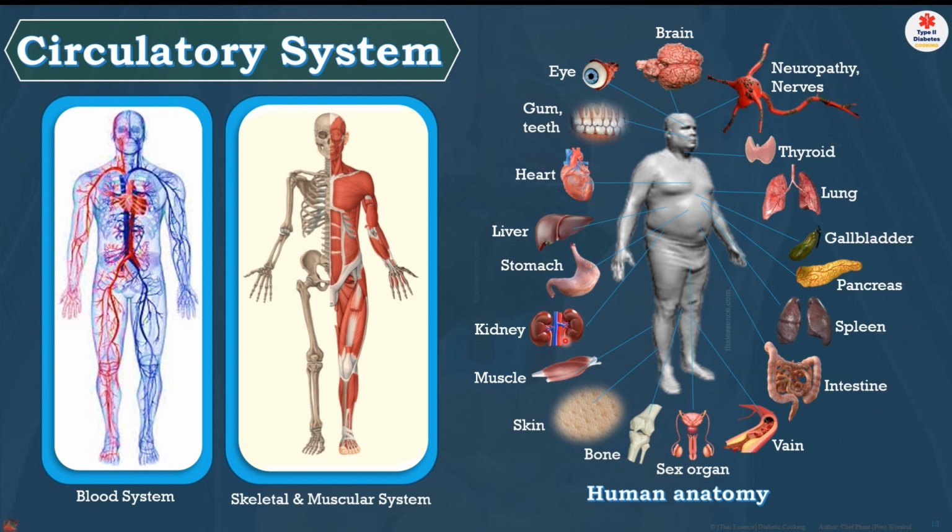If you have diabetes, it affects everything about your body. That is the problem you have when you start getting diabetes. So your eye, your brain, your teeth, your heart, your lung, everything in your organs is affected, because the blood system has to carry everything to every part of your body and can affect everything.